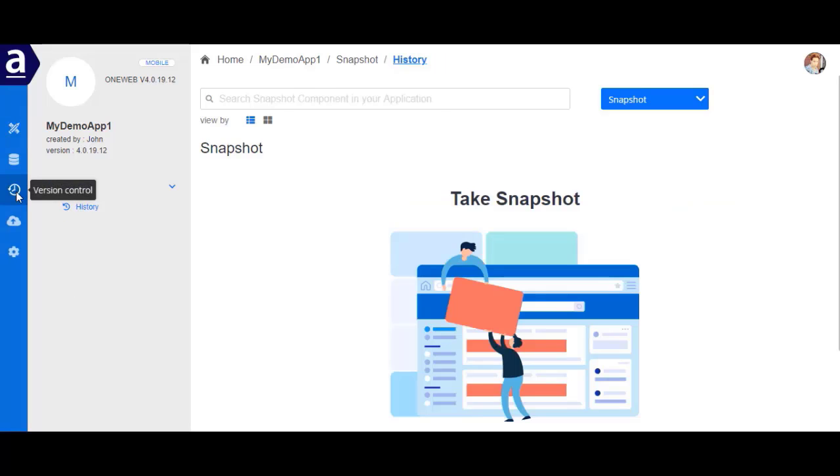Apart from the above capabilities, AppSpace also provides features such as version control, like taking snapshots at any point in time to save the current state of your projects. User can choose an option to take either full snapshots that include all the OneWeb components inside your application, or you can take the snapshot in patches, which means you can choose any of these components like form, page, process, or Microflow and can take individual snapshots.